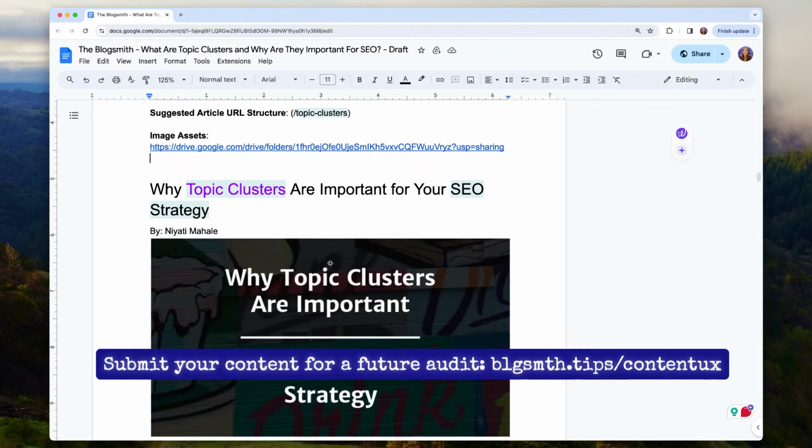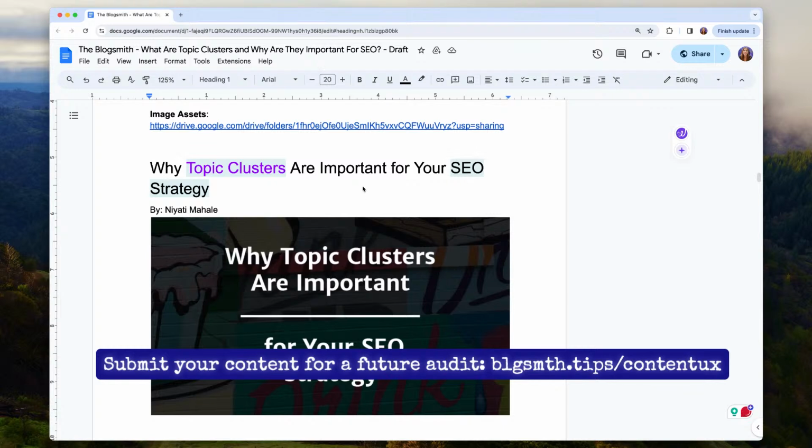Okay, so let's get into the article itself. And again, this isn't going to be a full audit of the content experience because this is within Google Docs, so it's not on the live site. That being said, I think there is a benefit to showing how we approach edits in terms of how that benefits the content experience, and also, generally speaking, the experience of how clients get their first draft from us.